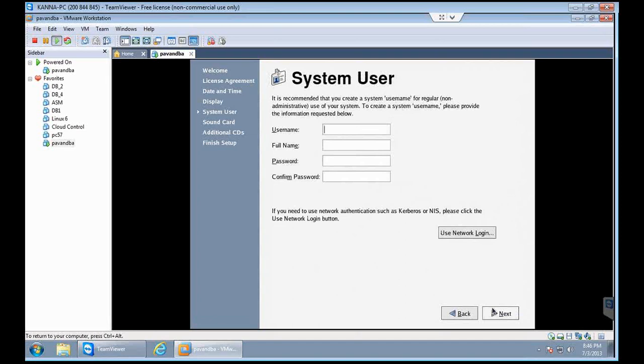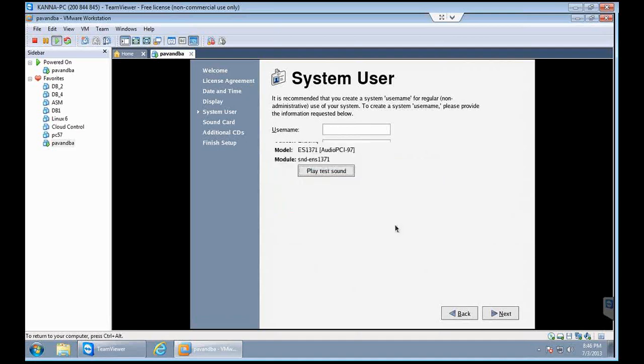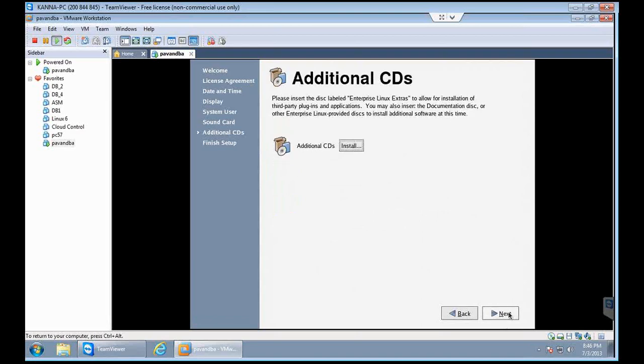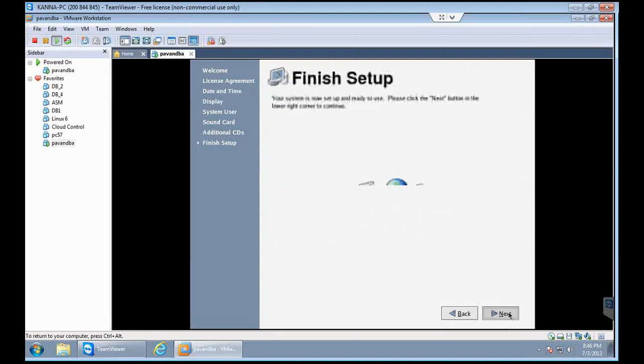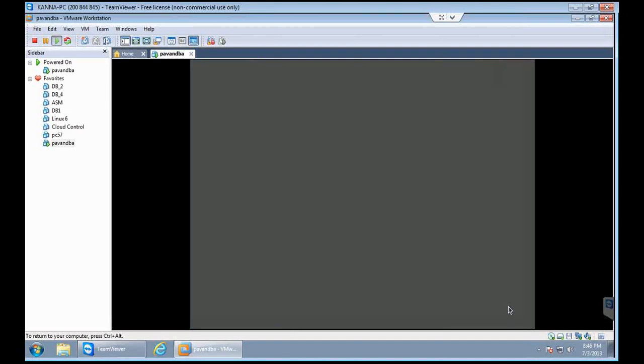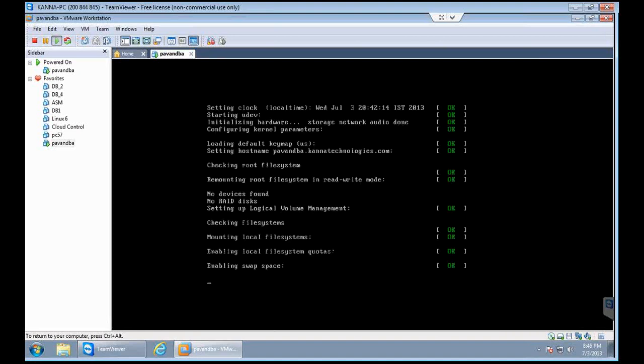Here it will give you the chance to create one normal user, but we don't require it as of now. So you can just click on continue here. And finally, now your system is ready.